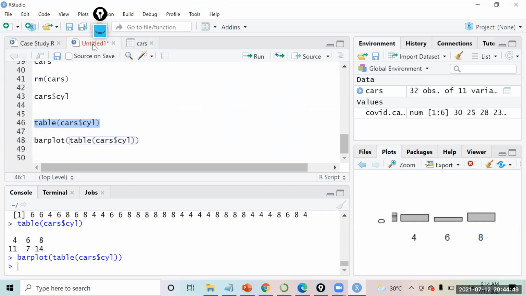You can use count in the same fashion as we used for the data frame. So count and cars, and then we'll give that comma the column name cylinders. Basically, what happens in count is it creates a data frame, so you get two different columns in that scenario. So you will have to use a stat identity function in order to create that chart. Technically, you should go with the table function because table creates a vector over here, but count creates a data frame. So this is easier to plot on a chart. For a bar plot, we generally use the table function.